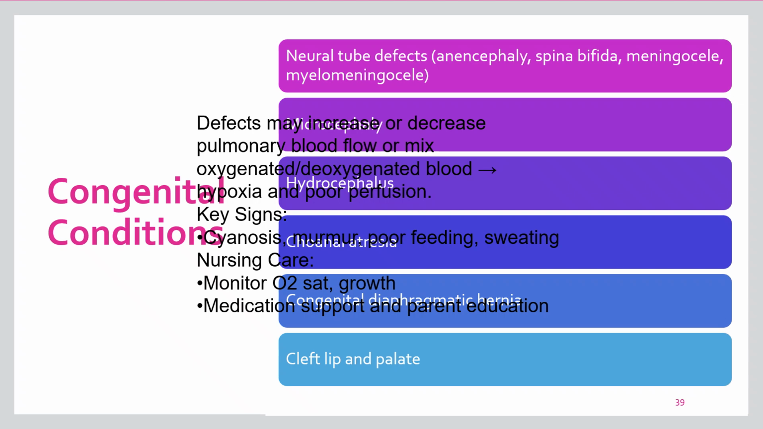Similar to other congenital conditions are neural tube defects, that is anencephaly, spina bifida, meningocele and meningomyelocele. I talk about spina bifida, meningocele and meningomyelocele many times in the class. So here,